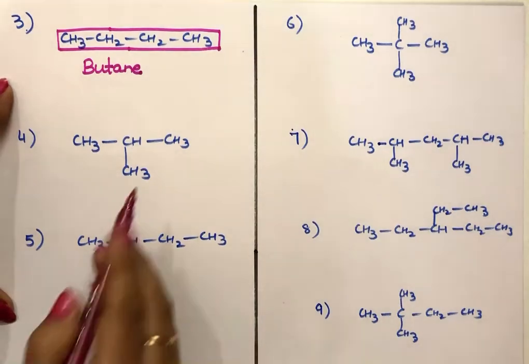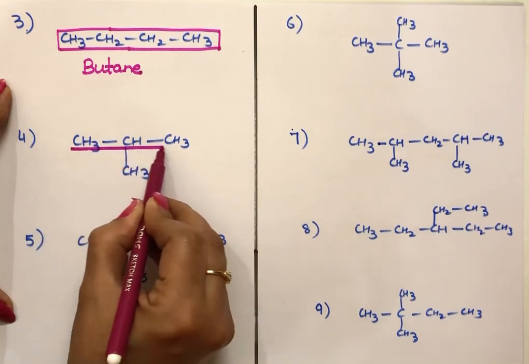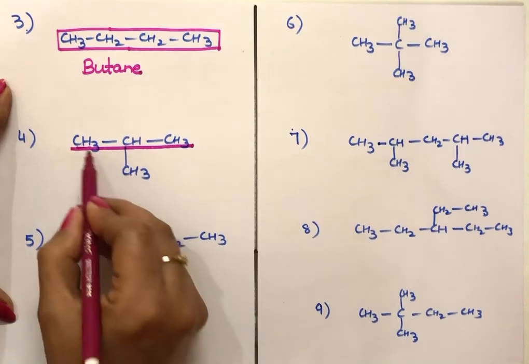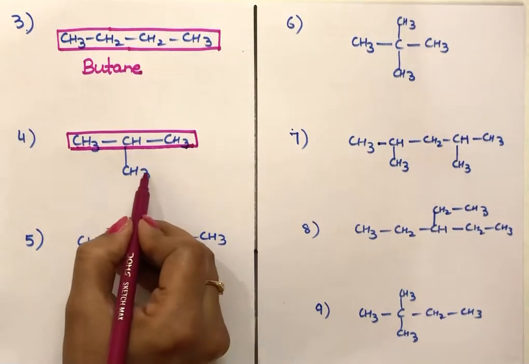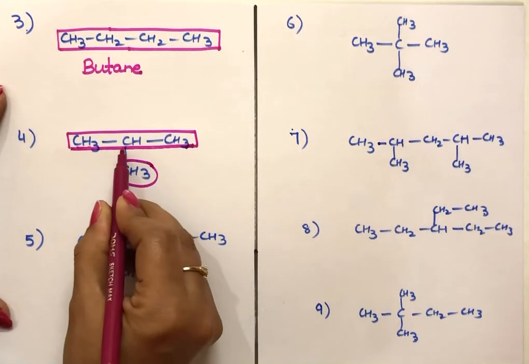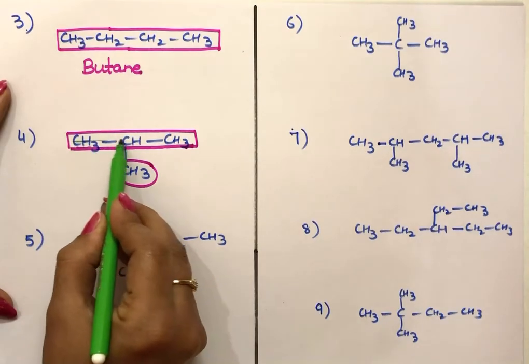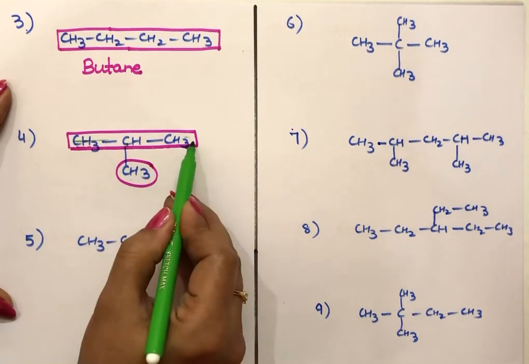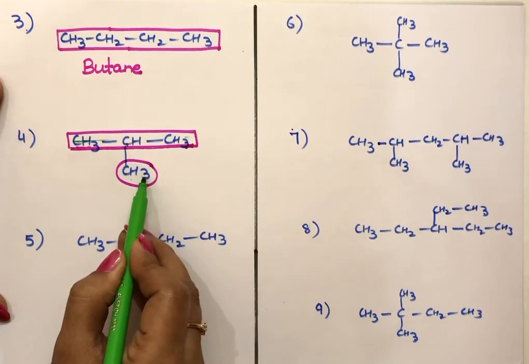Now come to this example. In this we will have a prefix. In this compound, only 3 carbon atoms are in continuation. Either take these 3 carbon atoms or take these 3 carbon atoms. They are in the longest continuous carbon chain. Now, this part is not included in the parent chain. Why? Because the parent chain should be the longest continuous carbon chain. If I take the chain like this, then I have to pick up my hand to come here to join this CH3. If I'm picking up my hand while moving through the carbon chain, then that part is not a part of the parent chain.